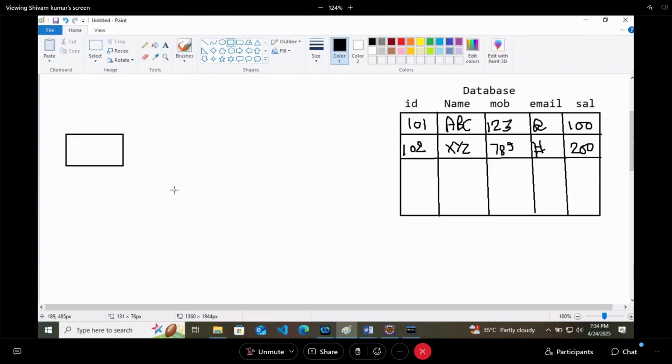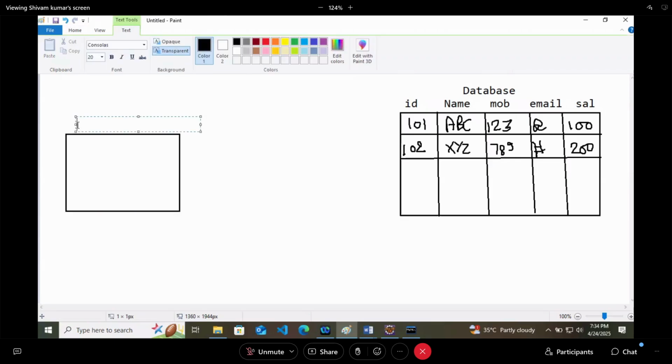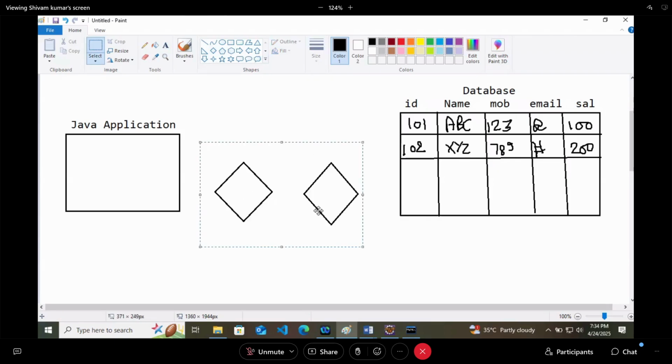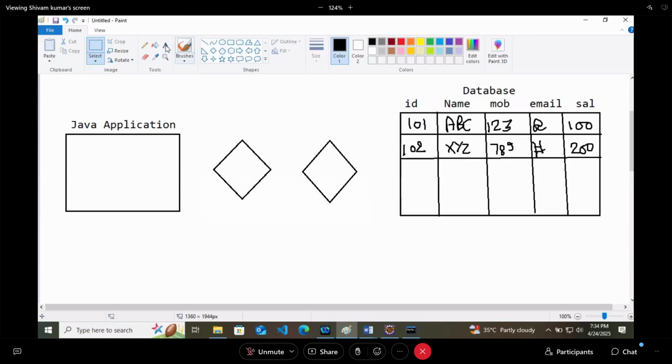Generally the database has zero connection with the internet. So we have to take this particular data into our Java application. And the case is still the same.